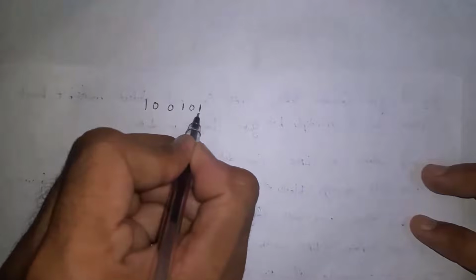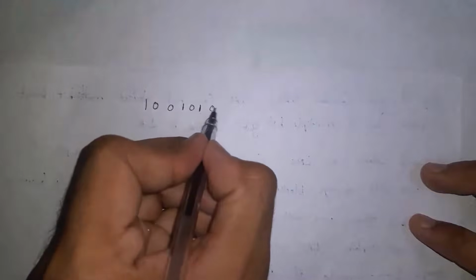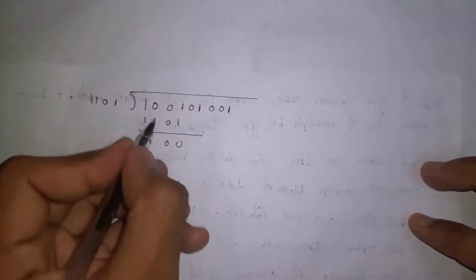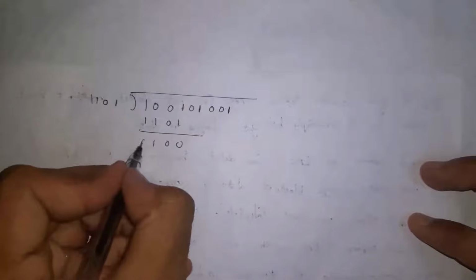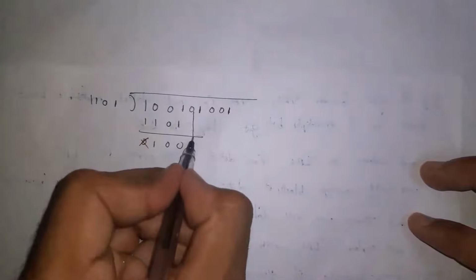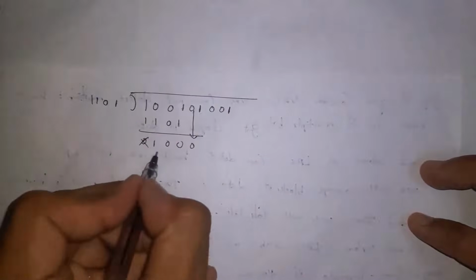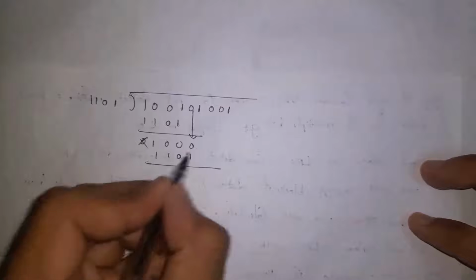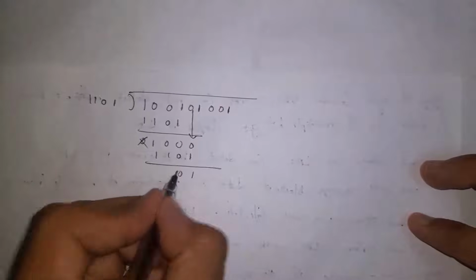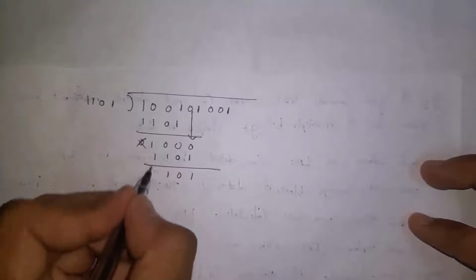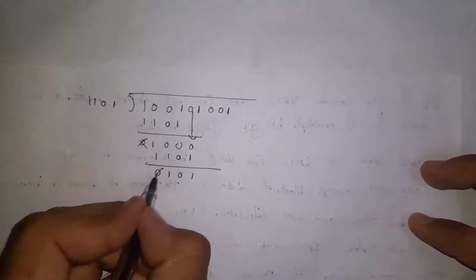So the receiver got data, that is 100 101. In place of 0, the receiver got 1, and our CRC code is 001. So one time I am applying 1101. Both values are the same, 0 0 for 011, for 110. Remove the 0 and add the 0 and again 1101. So for 011, for 000, for 011 and for 110. Again the last value is 0, so remove this and add this one,